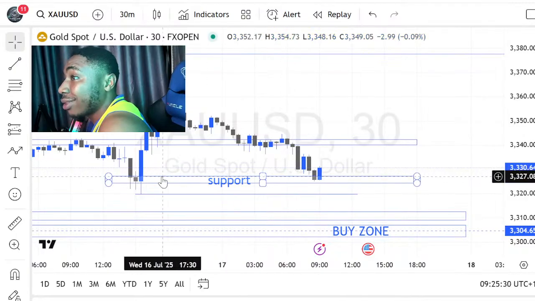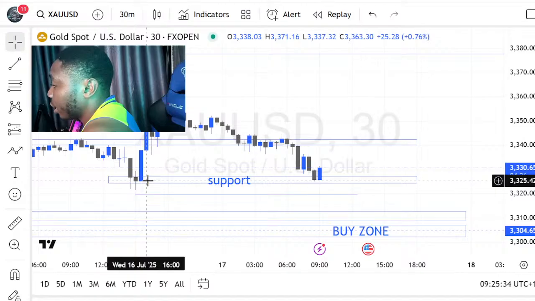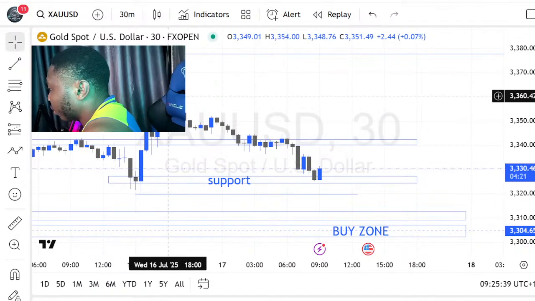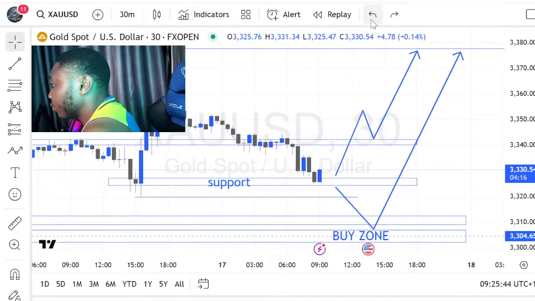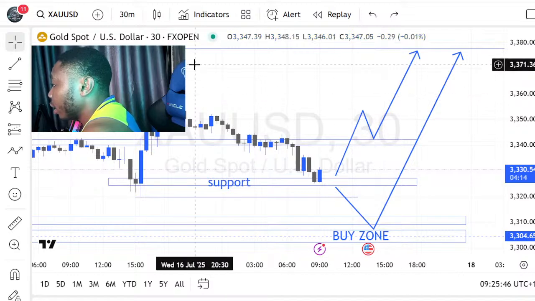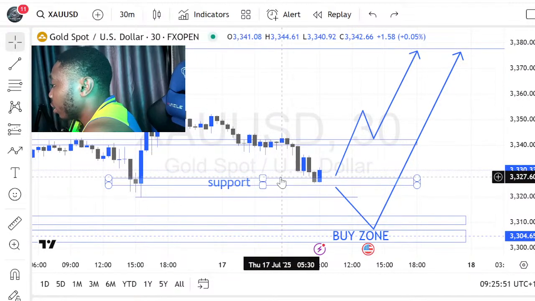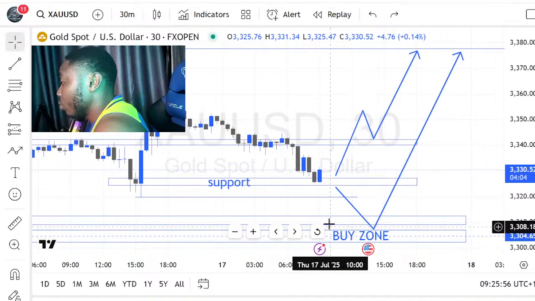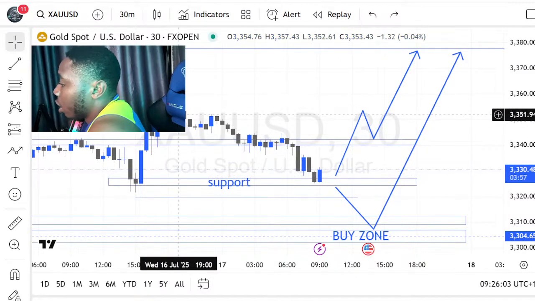Although left for me, I would have said buy in this zone. But why would I buy here? Because there is still liquidity here, so that's why I'll pick to buy here because of this liquidity. But aside from that, I still want gold to come back into the golden zone I drew before I can decide that. Okay, so that's just what I want.